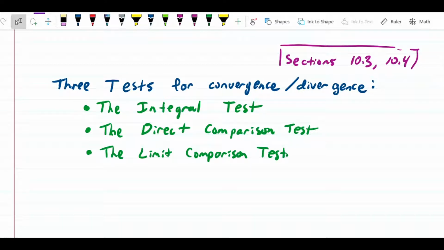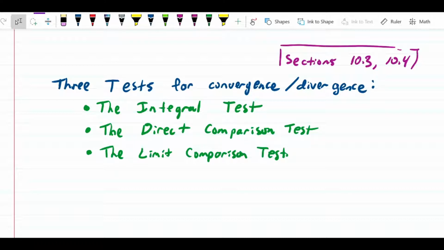The topic is three tests for convergence and divergence. If you're following along in the Thomas textbook, this is sections 10.3 and 10.4. The three tests that we're going to cover are the integral test, the direct comparison test, and the limit comparison